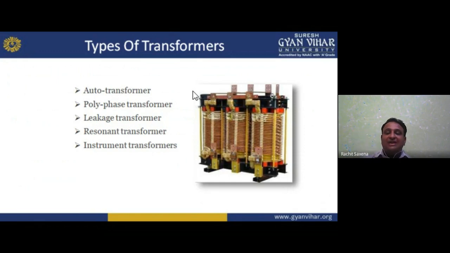If I'm talking about the second transformer, in this we are using a step down transformer. We can easily measure the voltage, because in step down the primary turns are higher compared to the secondary. So we can easily measure the voltage with the help of this transformer, which is known as the potential transformer. So in the current transformer we use step up construction, and for the potential transformer we use step down construction. These are the instrument transformers we have. Here we can find the three phases, with winding turns, and the three phases R, Y, B, red, yellow, blue, or A, B, and C.